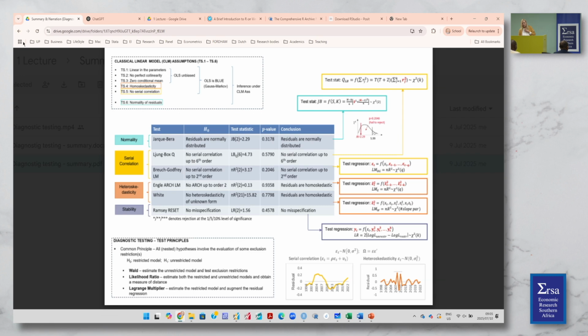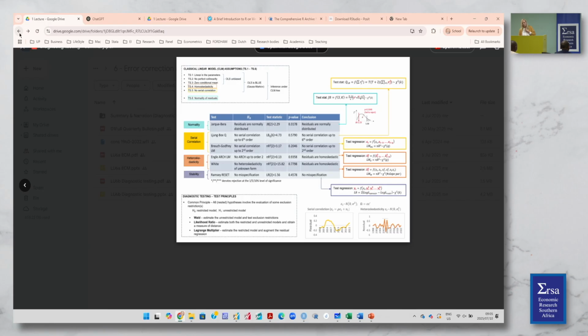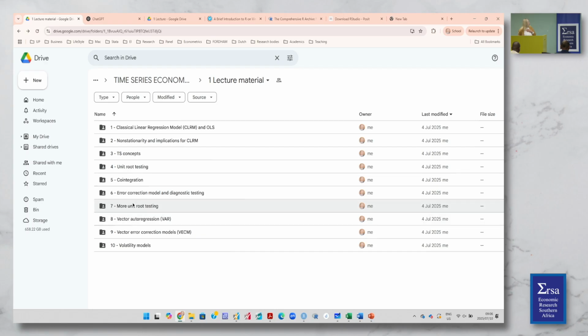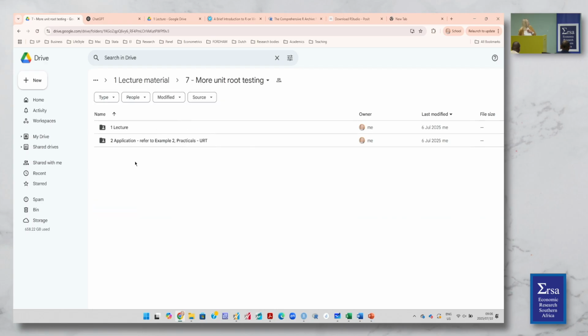So in other words, we will come back to this after we finish the VAR and the VEC-M and the ARDL. And also the other topic that we skip at this stage is the other unit root testing, where we add the GLS Dickey-Fuller, the ERS, the Ng-Perron. All of that is discussed here, but